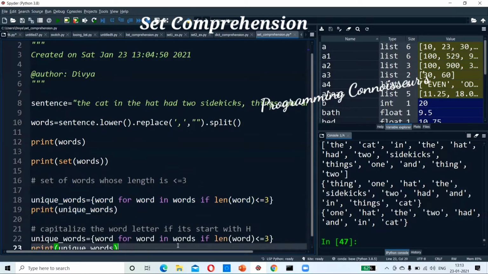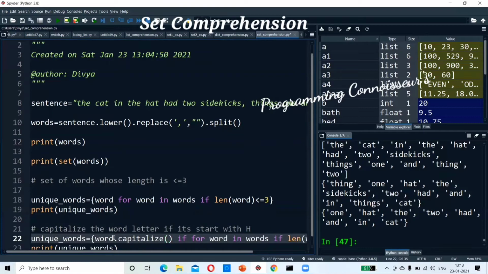Same thing, I want to print without this condition. Let this condition be. I want to check whether the expression should be capitalized. For that, we need to use capitalize.